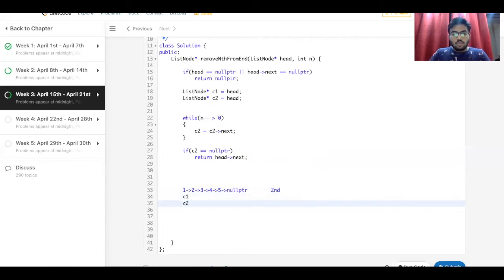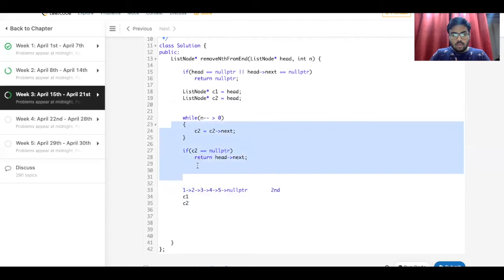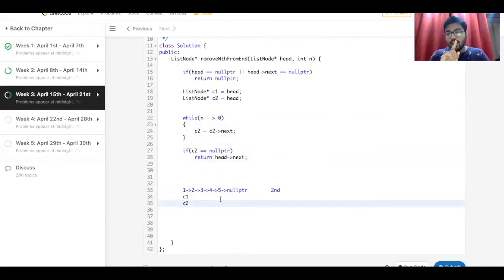All right. So when we execute this part of the code, at that time we know that we have to find the second element from the start. So we reach here, n becomes 1. We reach here, n becomes 0. All right. Now we know that we are at C2.